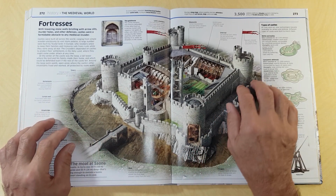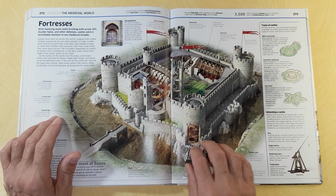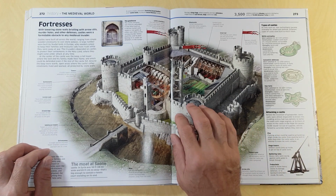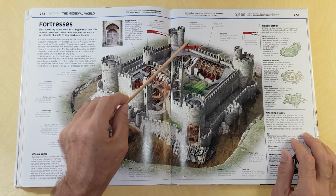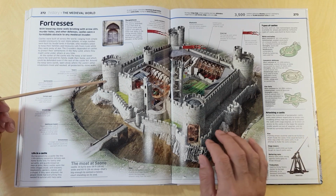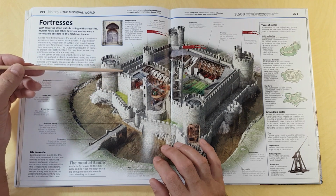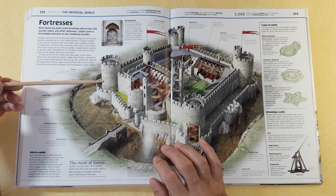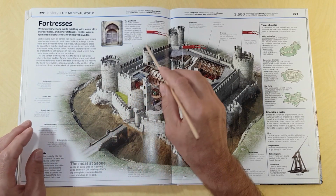The second part of today's video will be about medieval fortresses. With towering stone walls, bristling with arrow slits, murder holes, and other defenses,